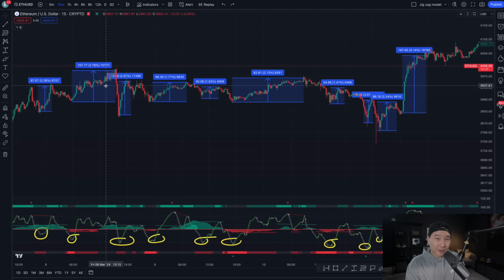Obviously, because I'm trading with an account size over 100K, when the market moves 1 to 2%, that's going to be $1,000 a day. And obviously, if you trade with a much smaller account, you're not going to be seeing $1,000 a day. But you could start off with a $10,000 account and get $100 a day, or start with a $1,000 account and make $1 to